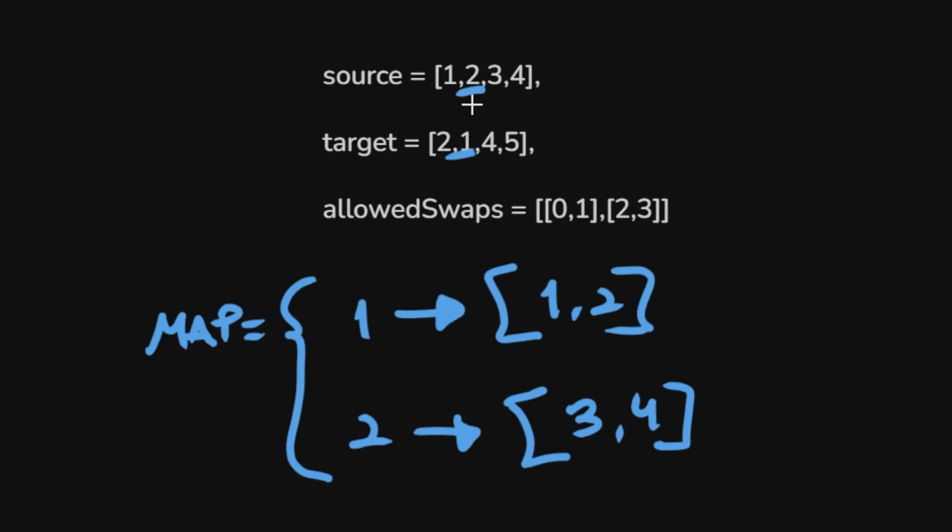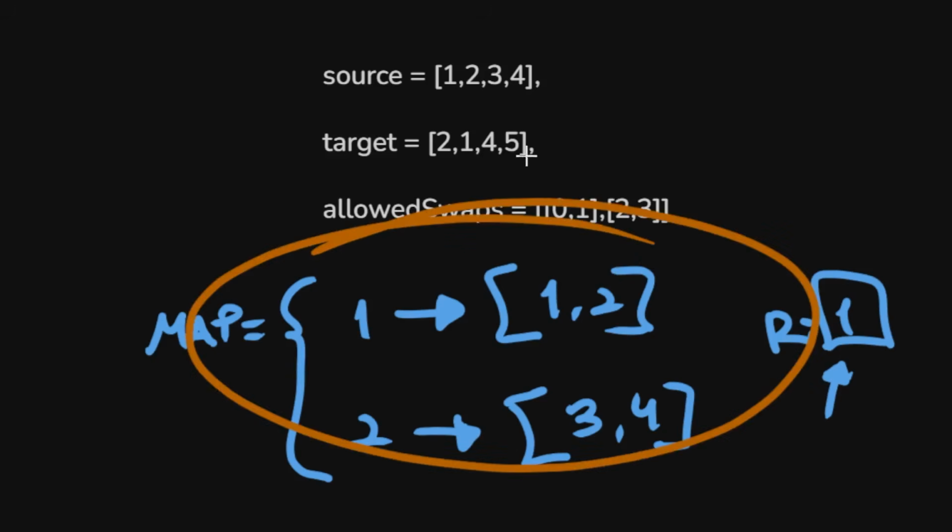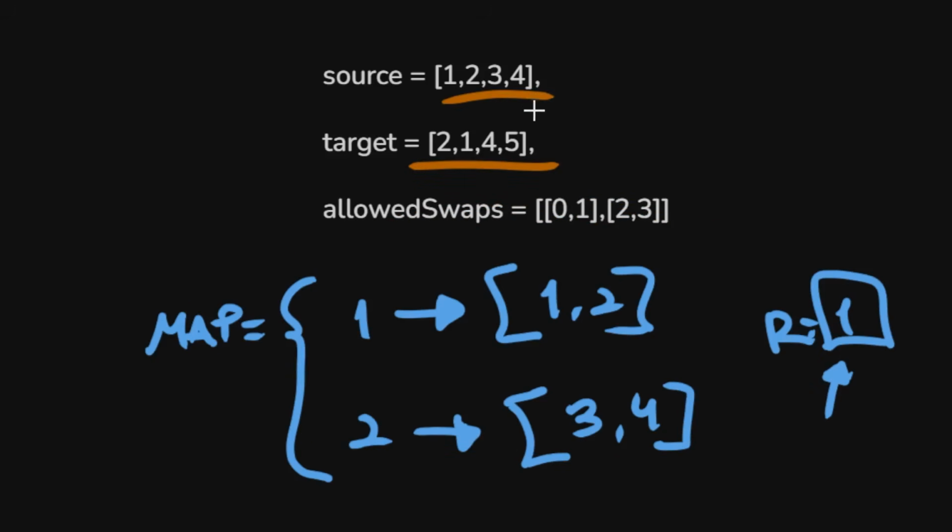Next we are here, so we do the same. We know that number 2 belongs to component number 1. So maybe in this component we have a 1, which is what we need here. And we have a 1, so now we can continue with the next index. 3 belongs to component number 2, and we are looking for a 4. Given that here we have a 4, we can continue, and finally we are here. 4 belongs to component number 2, and we are looking for a 5. Given that here we don't have a 5, we add 1 to the result, and in this case we return this. Now this happens to be correct for this example because we don't have repeated numbers,